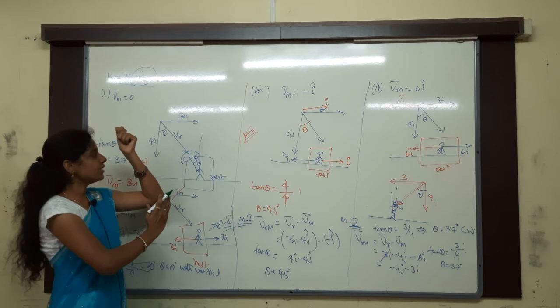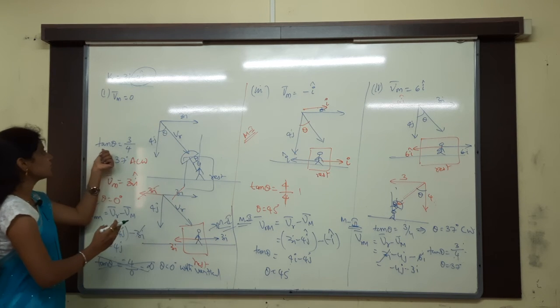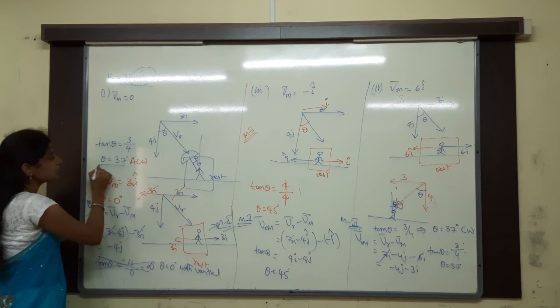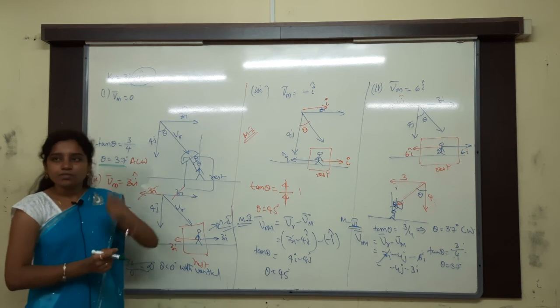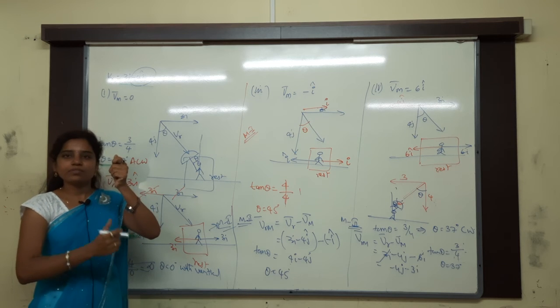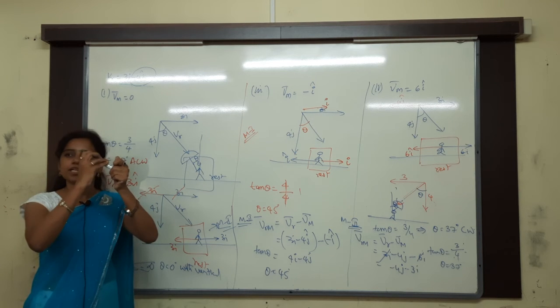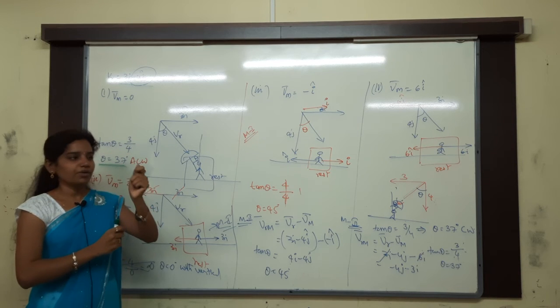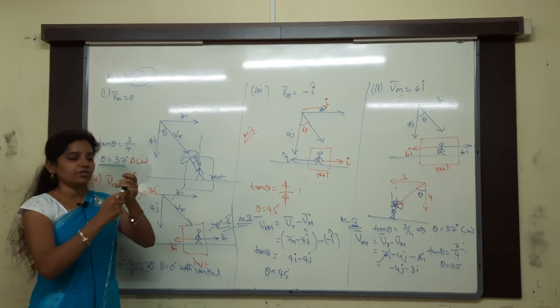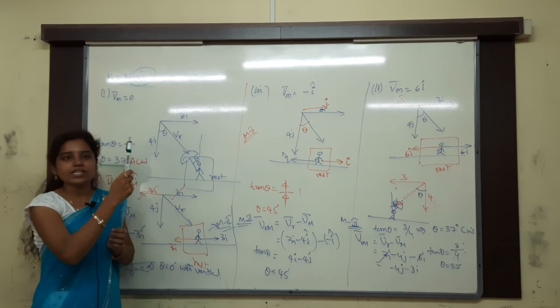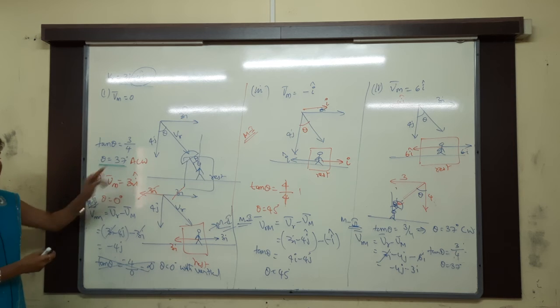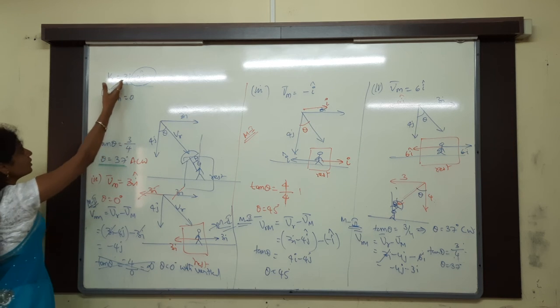Rain is falling with what angle? Tan theta is equal to how much? 3/4. So what will we get? Theta equals 37 degrees. He was holding the umbrella vertically. Now he finds that rain is falling in this direction, so he has rotated the umbrella from here to here like this. Which direction is he rotating? Anti-clockwise direction. Otherwise, directly from here only we can get it.